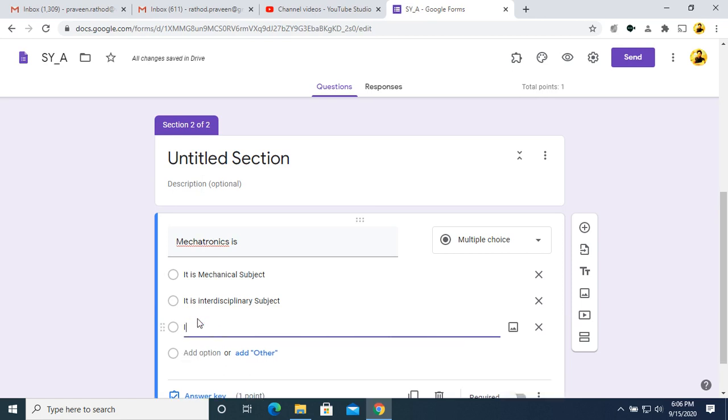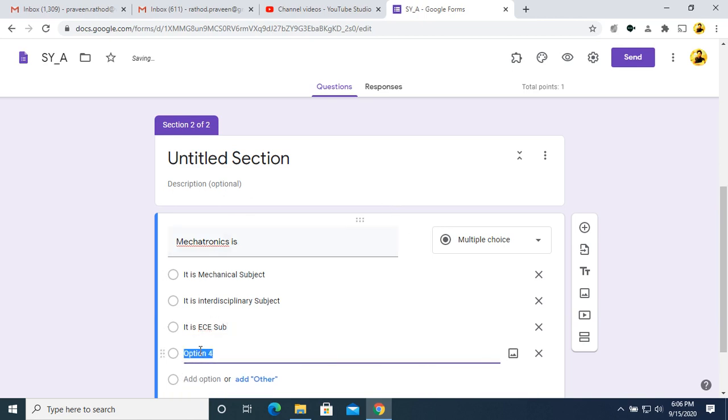Then: it is an electronic subject, ECE, I'll put it in short form. And: it is a computer subject.